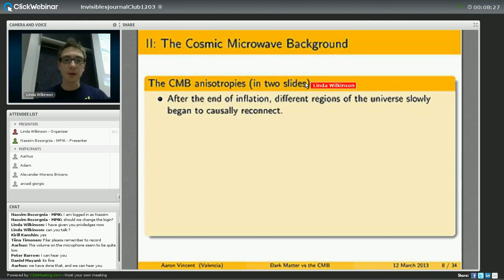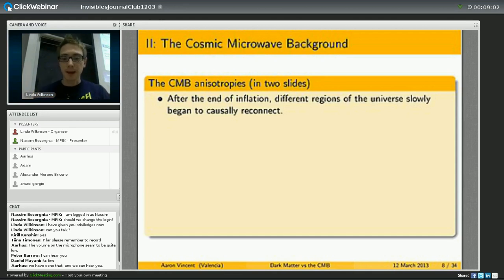The anisotropies are really what we're interested in right now. So how do these occur? Well, briefly, in 2 slides. After the end of inflation, different regions of the universe slowly began to causally reconnect, as the expansion of the universe was now not driving perturbations away from each other faster than the horizon. So as different regions entered into causal contact, the smaller perturbations